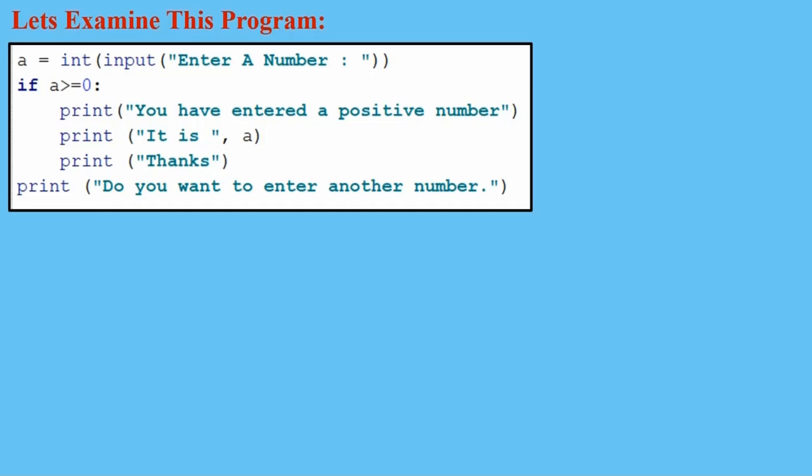Here in the first line, the Python engine will ask the user to enter a number, and then it will convert that string value into an integer and store it in the variable a. And then in the second line, the Python engine will check the condition of the if statement. So here it will check if the variable a, that is the user input, is greater than or equal